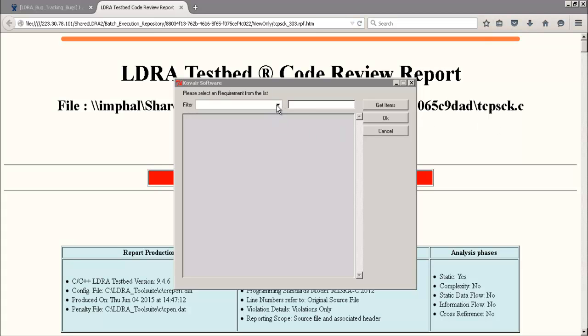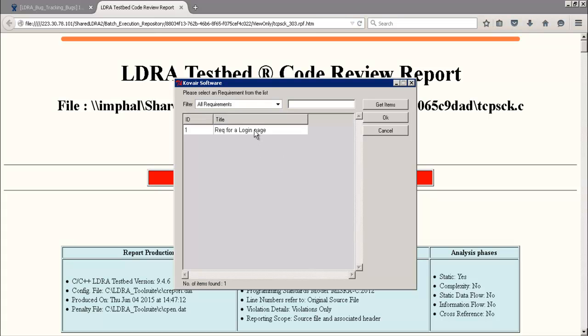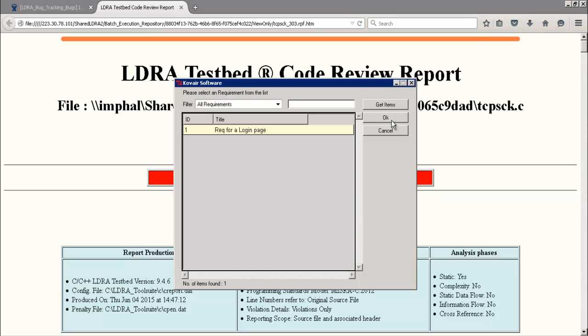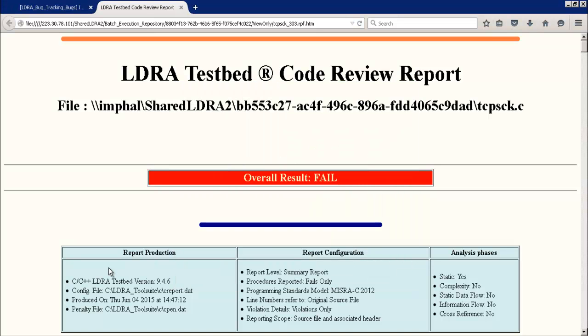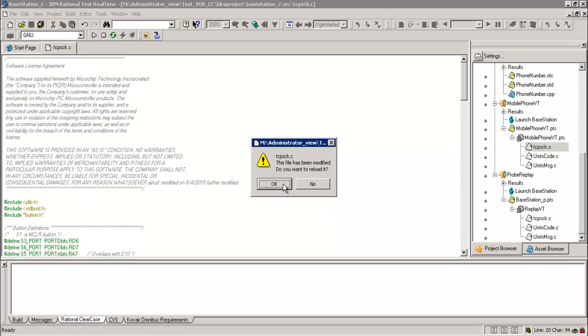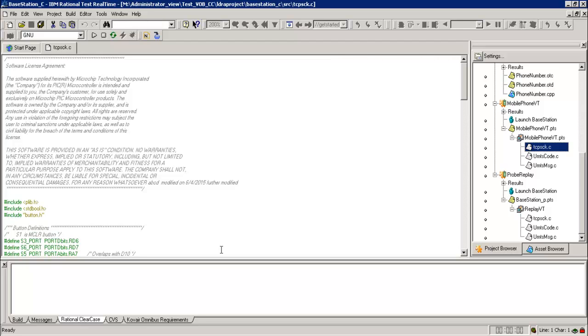Now at this particular point, if I want to check in the file, I also have the option to select the requirement to which I would like to associate this file. So I can select the particular requirement by selecting appropriate filters, and here is my requirement. Selecting this would associate the requirement to the code file. So the code file version from ClearCase would also be automatically inserted into Kovair with respect to the requirement that